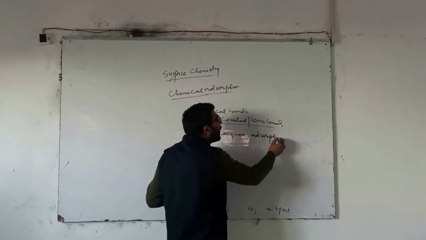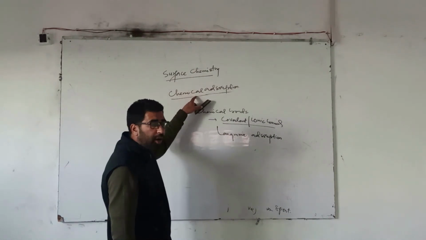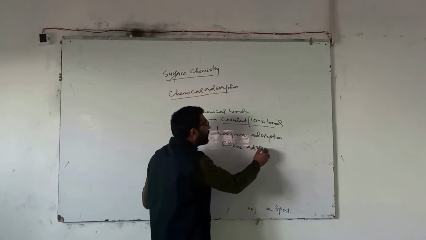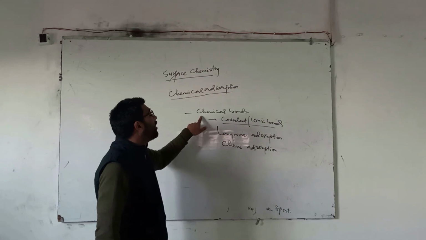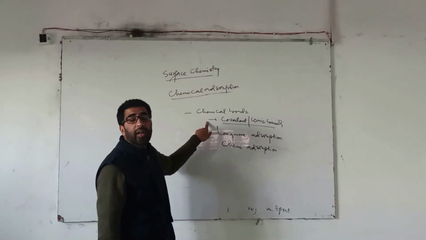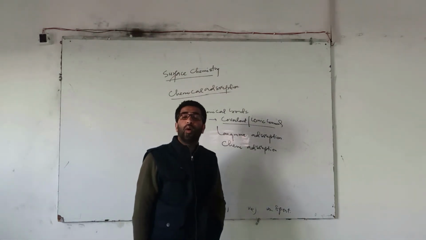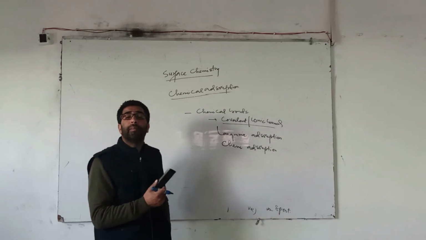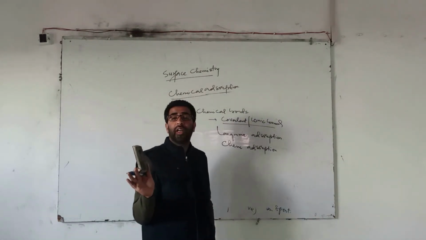This can be called Langmuir adsorption. This can be called chemical adsorption, or it can also be called chemi-adsorption. So there are a few names for this, as you have read. The first very important point I told you, chemical adsorption takes place on those surfaces which have got residual valence. The second concept is when there are chemical bonds between the adsorbate and the adsorbent. What is meant by chemical bond? They may be ionic bond, they may be covalent bond, but no book writes there may be the coordinate bond.